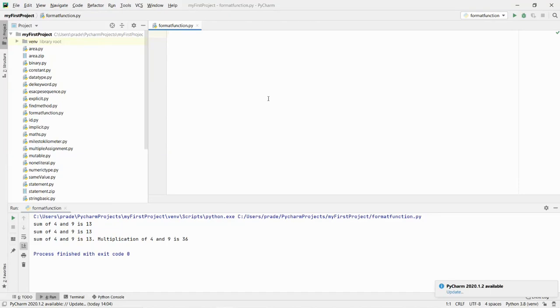Hello everyone. In this video, we will learn about the format function available in Python and why we need to use it. So let's get started. If I say first number equal to 4, second number equal to 9, sum equal to first number plus second number, now suppose I want to print something like the sum of 4 and 9 is 13,